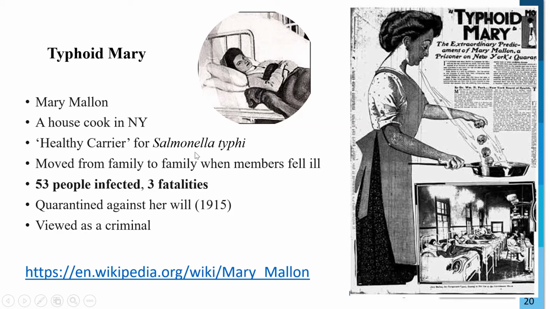Wherever she went to cook for any family, the members of those families would fall sick with typhoid. After a few families fell sick, and there were even two fatalities,